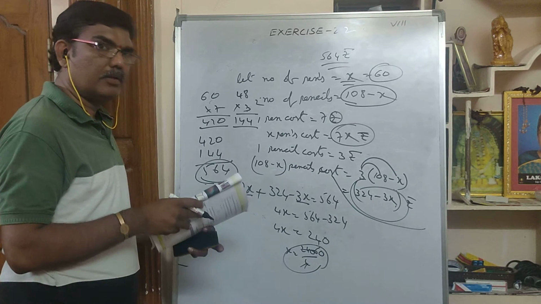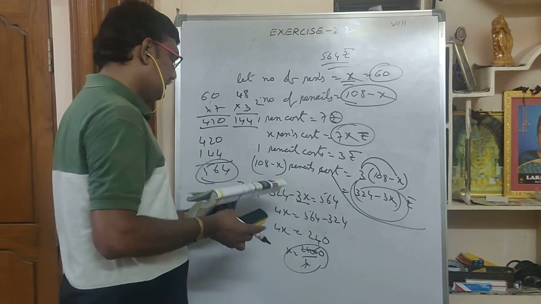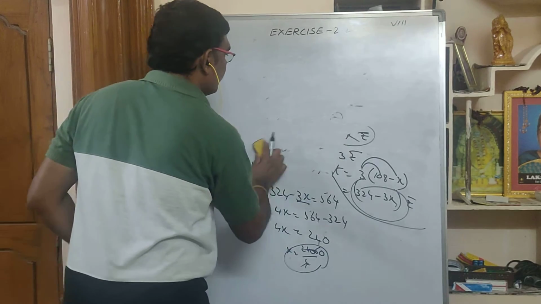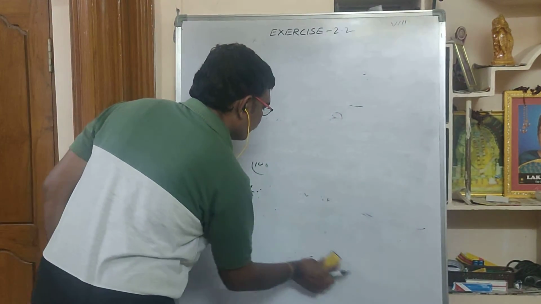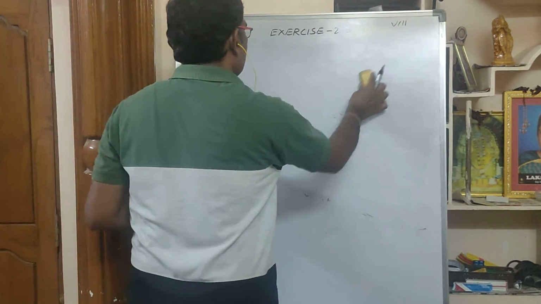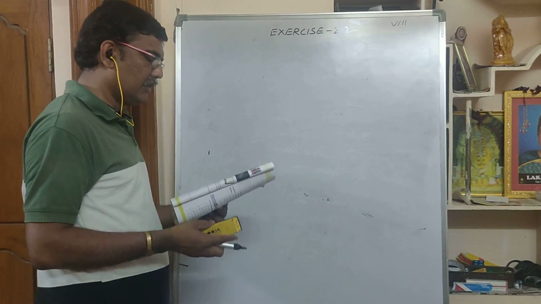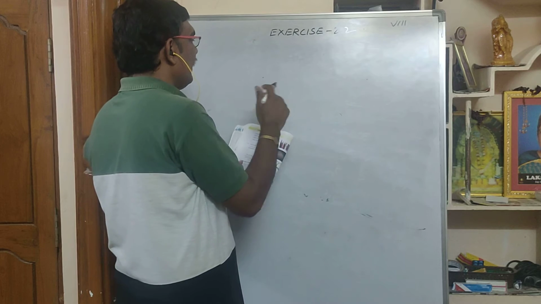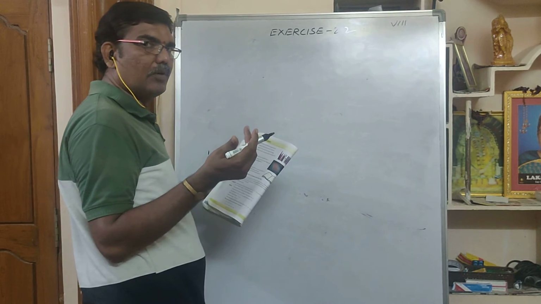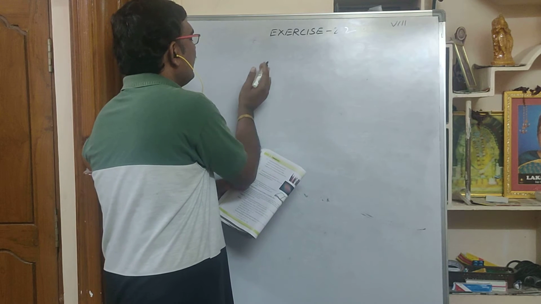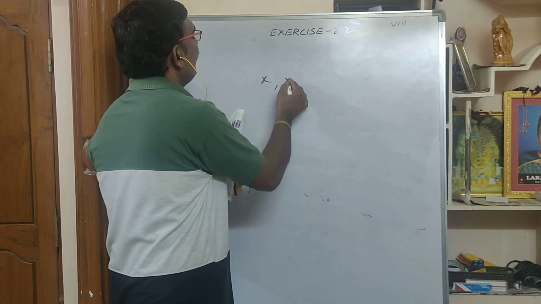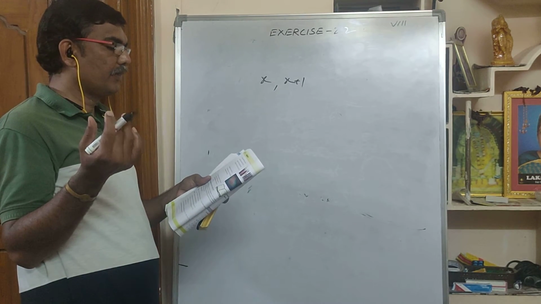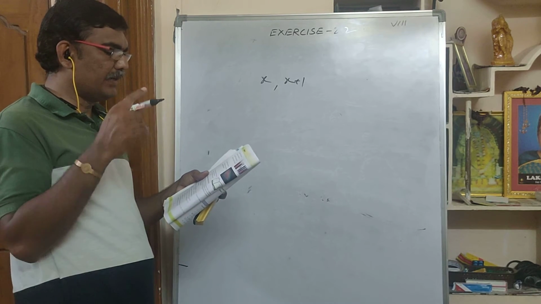So the last problem, that is the 17th question. It is a very easy one. You can even do it by playing: open one page of a book. On this side and that side you will have some numbers. If the number here is x, the number on the other side will be 1 more than that. If it is 44, that becomes 45, 44 plus 1. One number is x, so the other number will be x plus 1.